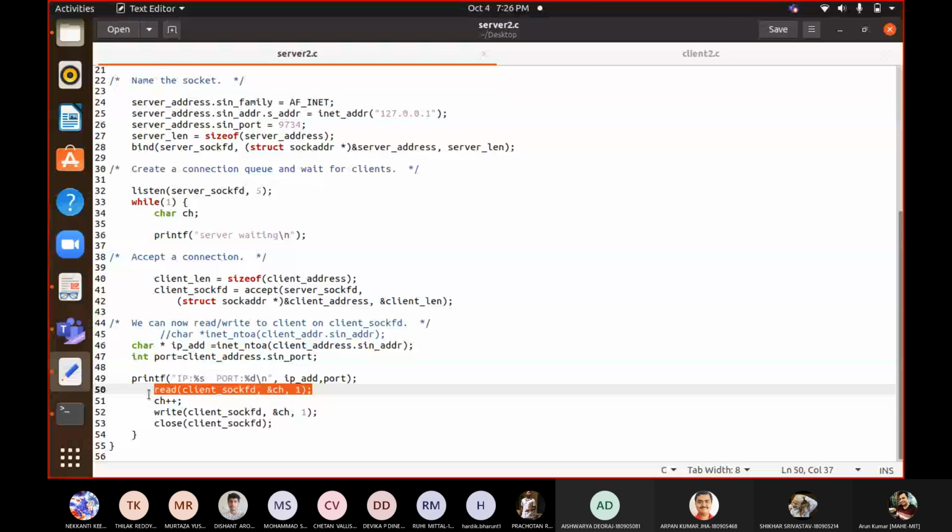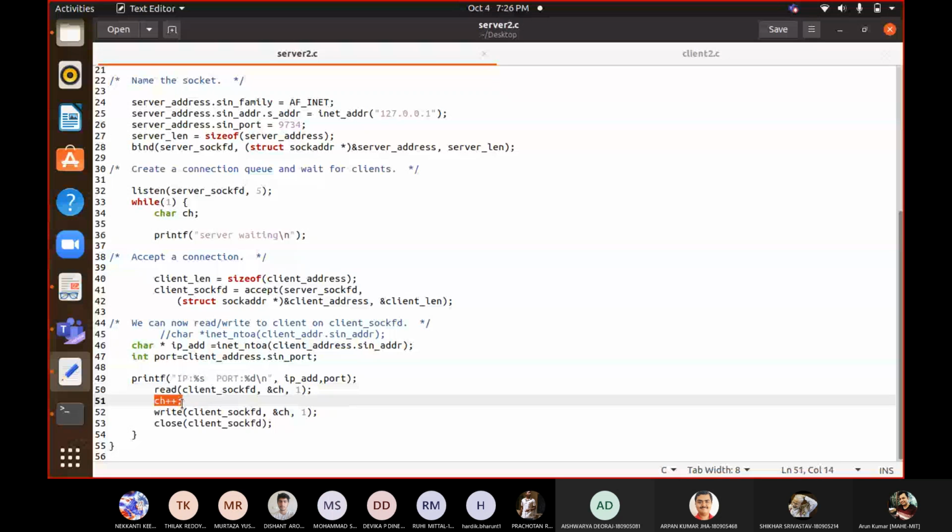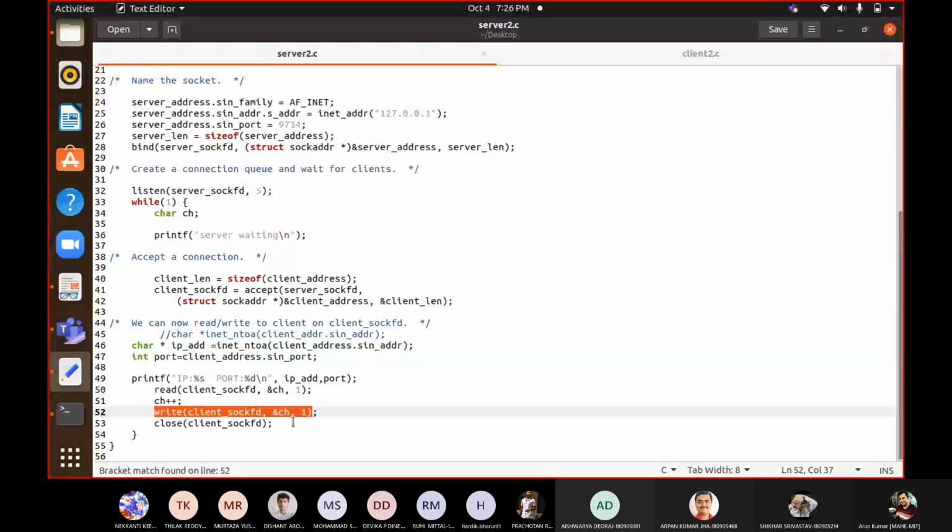Then once we have processed the item which we have read, we will increment it. If we have read A, then we will make it B. So this is the logic for converting it into B. And then the item is there which we want to send. For that, we will write it to the server socket, and that will go across the network.